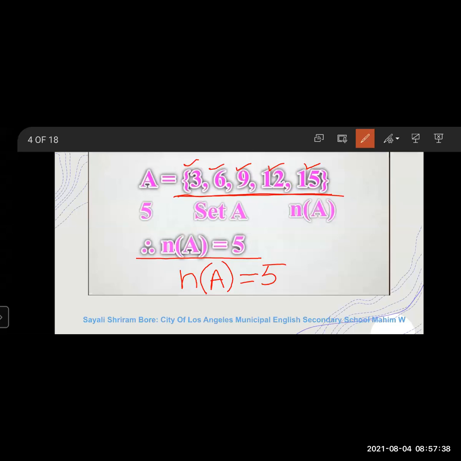Okay, no other alphabet, only small n you have to use, and the name of the set, always write it in the bracket. You will not write n of a like this, it means wrong. Small n represents the number of elements in set A. So that set, the notation form, should be written in the round bracket, is equal to how much? 5, whatever the number of elements will be. Count and mention that.